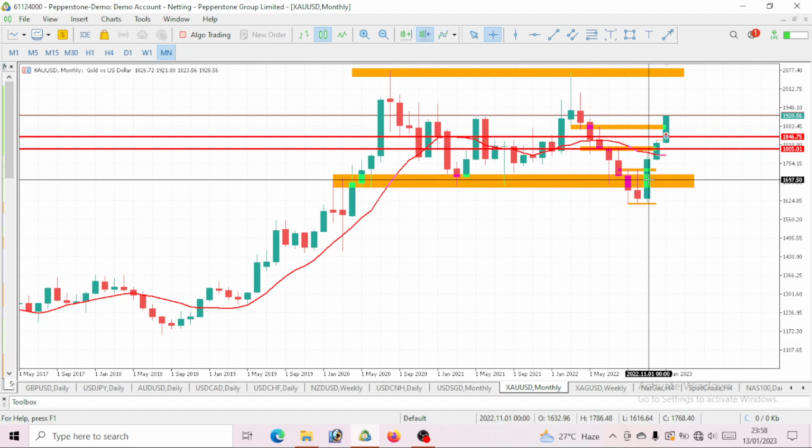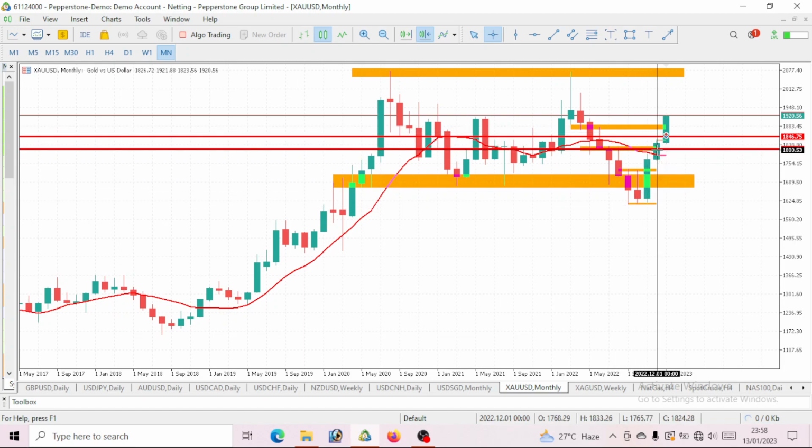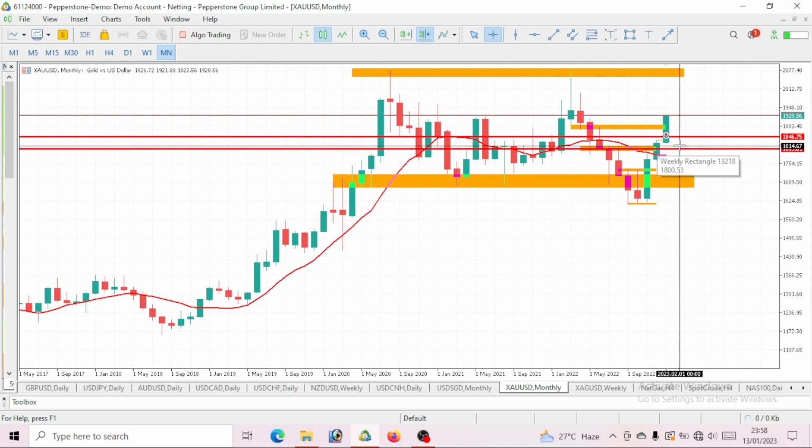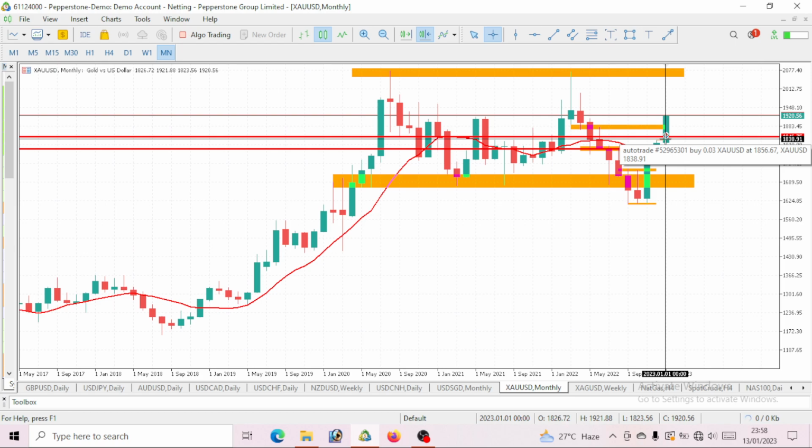In the month of November, gold gave us a bullish move. We opened and closed bullish. You can also see the month of December, gold also gave us a bullish move. We opened and closed bullish. And in the month of January, price has given us a bullish move. So more bullish move is to come. Since this month has not ended, we have more bullish move to be made, coupled with the fact that